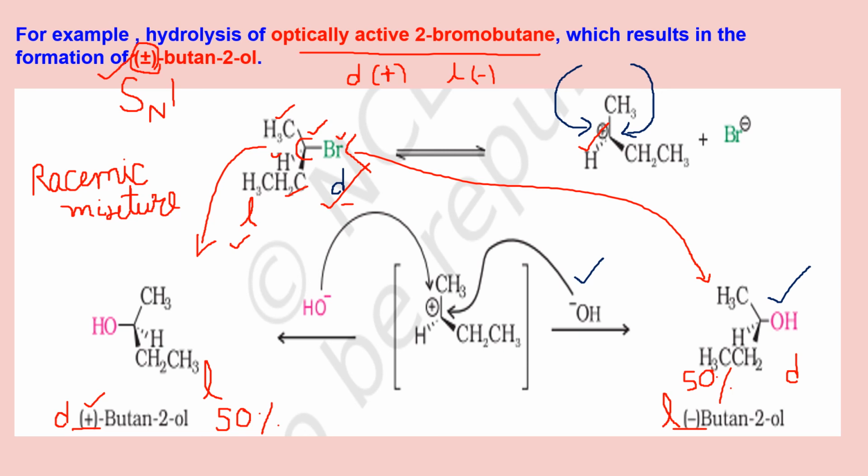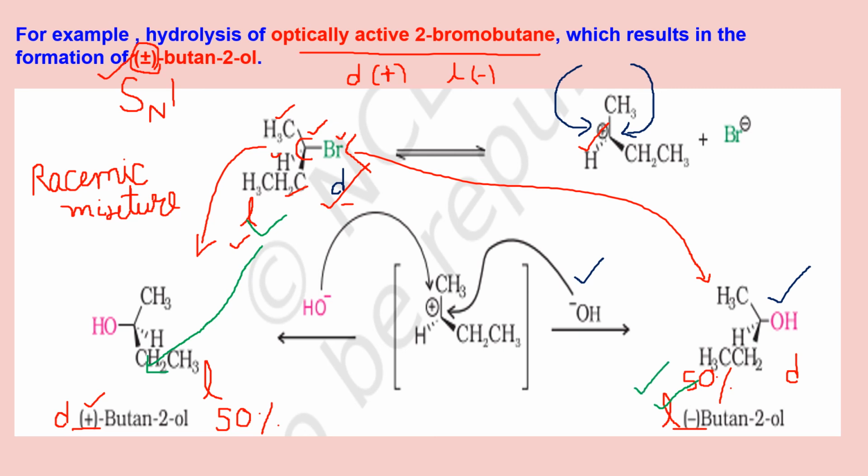Now let's come to the inversion part and retention part. Here, because the configuration was the same, here if you have levo, this is also levo. So I will say from here to here in this product the configuration has been retained, but from here to here the configuration is exactly opposite. So there is 50% inversion roughly, you can say. If it is a racemic mixture, exactly 50% inversion and 50% retention.